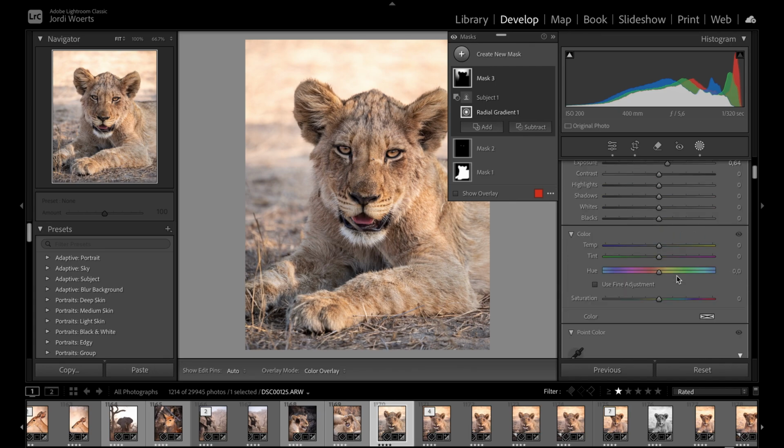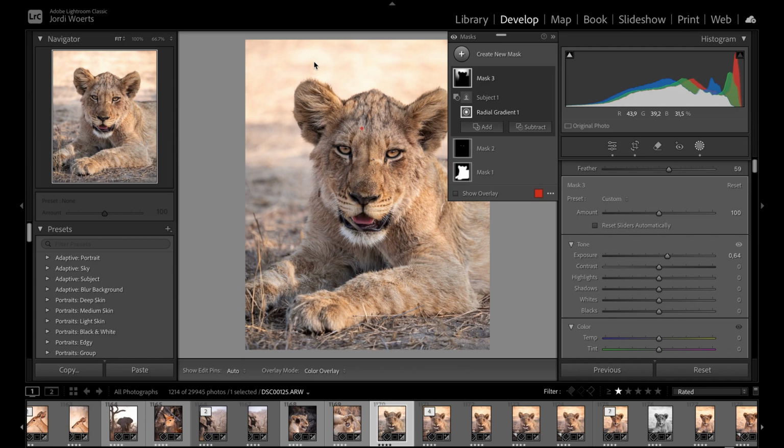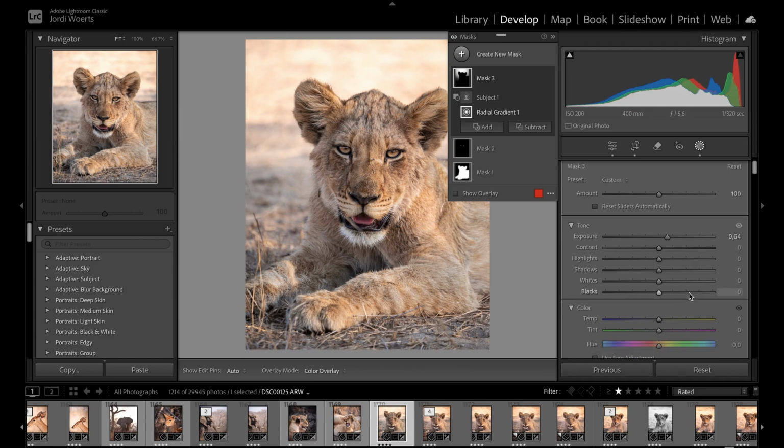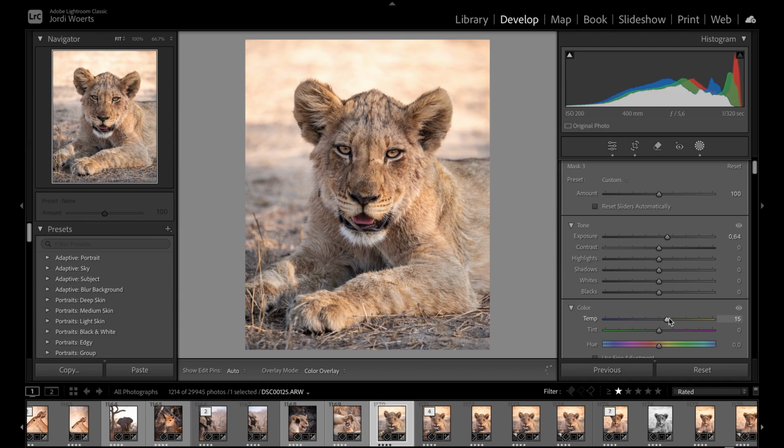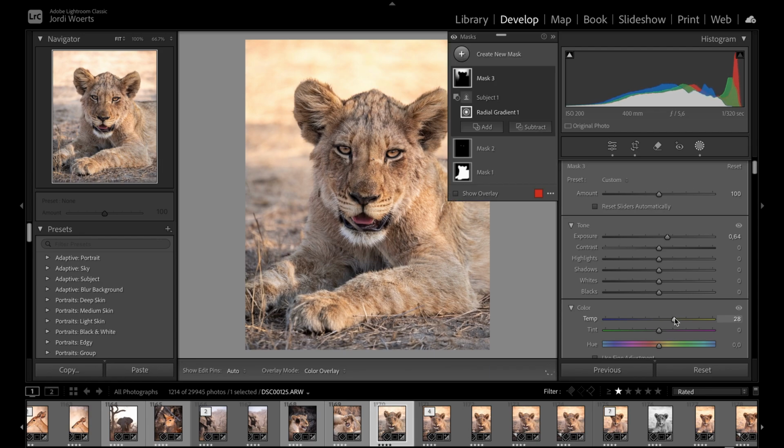All right, and then we're gonna move up. I'm gonna play with our coloration. So you see it became quite a bit pale. So I just literally wanna raise the temperature a little bit. Add some yellow. There we go, it's maybe a bit too much, but I think it looks pretty well.